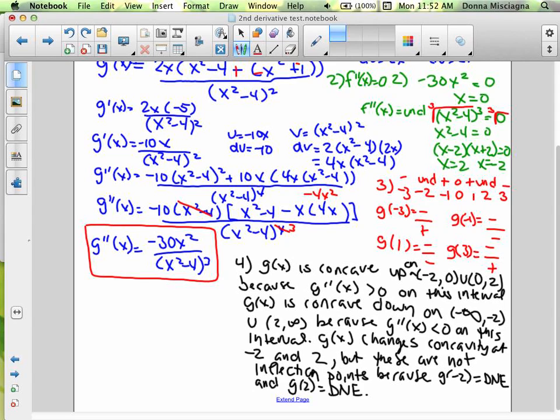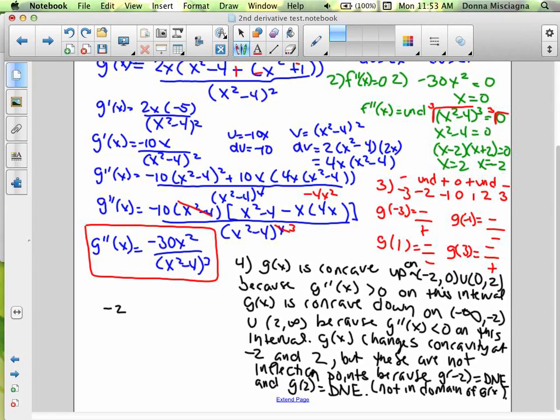All right, those can't be inflection points if they're not in the domain of the function, right? So we can put in little parentheses there, not in domain of g of x. Or if you want to be fancy mathematical, make sure you can see everything. Fancy mathematical, you can put that